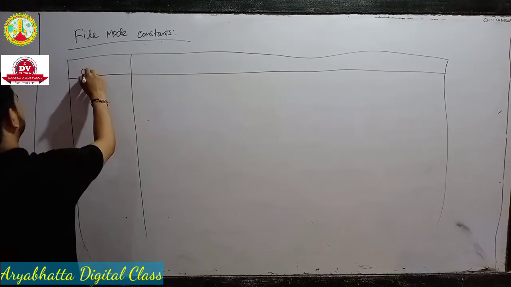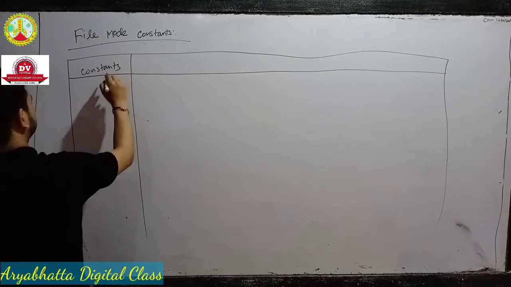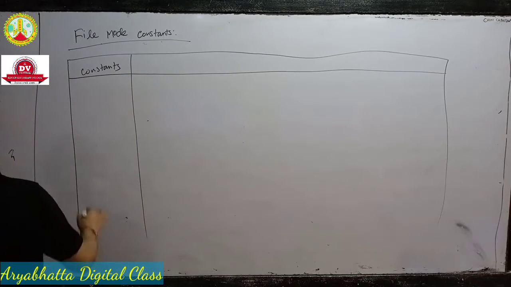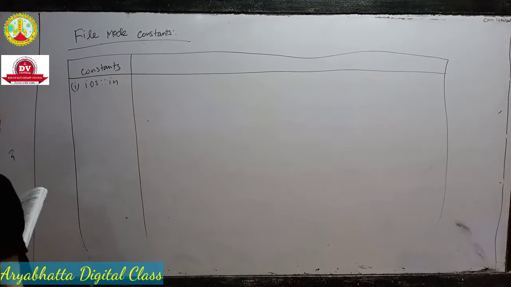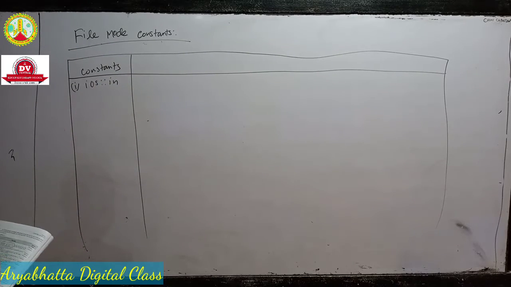First column is constants, and the first one is ios::in, and this meaning is